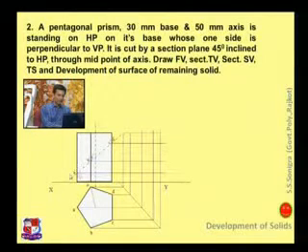Say here point A is here, A dash point is here, so a horizontal line from point A dash and a projected line from point A, both these lines will cut at point A. So here point A is there. Similarly, horizontal line from point B, vertical line from that point, and horizontal line from point B dash, both these will cut over here. So that is point B. Name these points A double dash, B double dash, C double dash, D double dash, and E double dash. You can give any name to these points, but the sequence or analogy should be maintained.